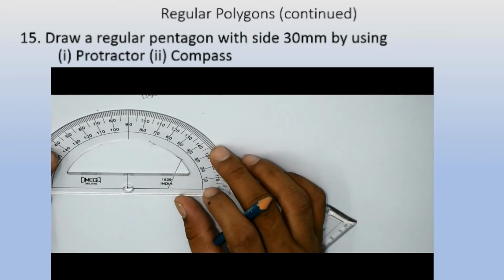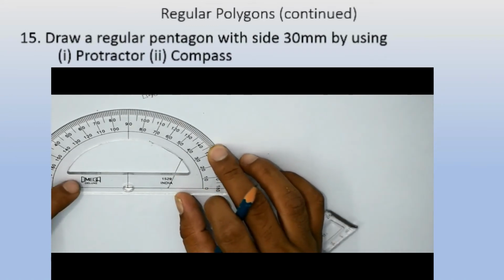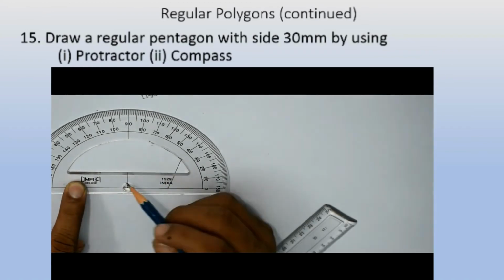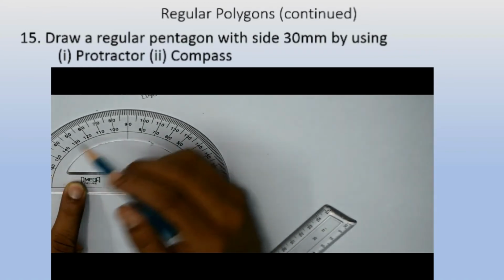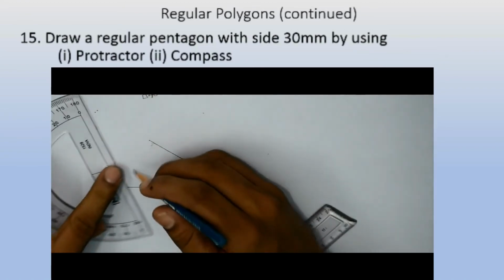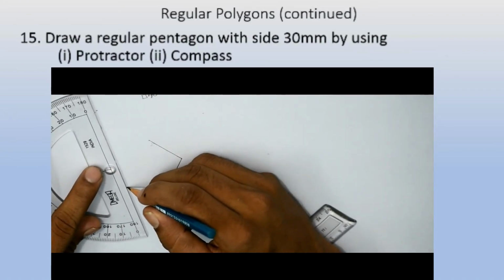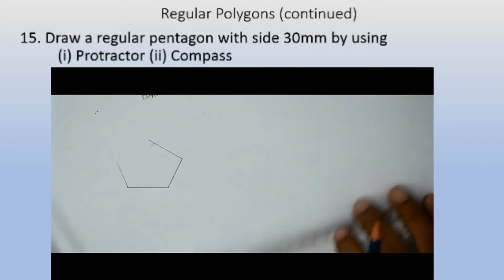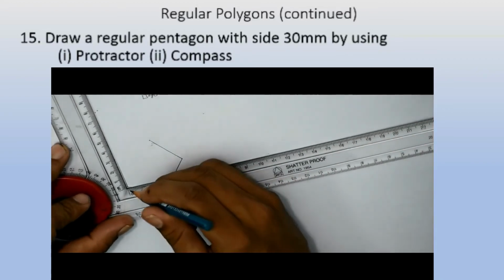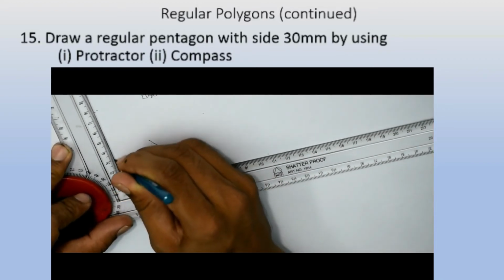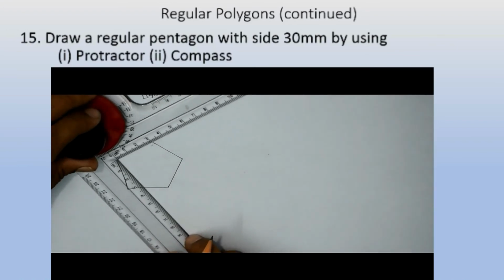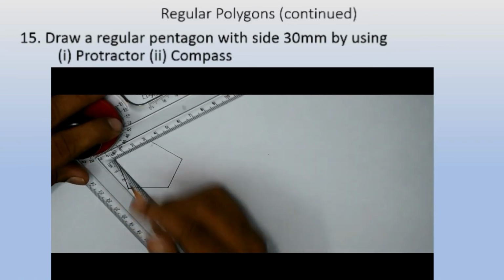Again I will align the protractor scale with the first line, or else I can align with the fourth line or third line also, but here from this side also I'll show you. Now we have to take from this side. Don't get confused. The protractor will have markings of angles from both sides, but it depends from where the reference point is, the angle. So this is going to be 30 again. Now you see that if I join these two ends, I'll get the pentagon.